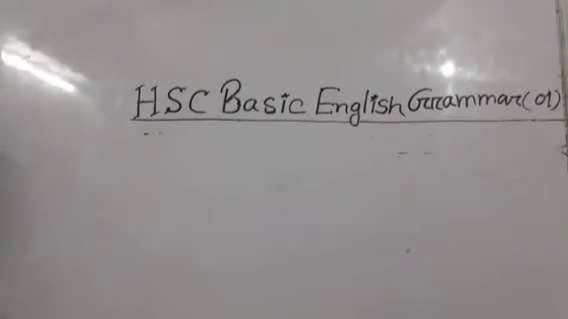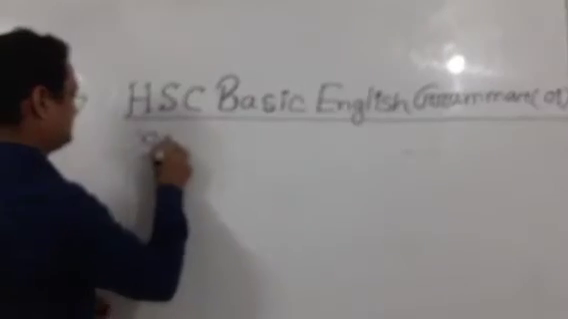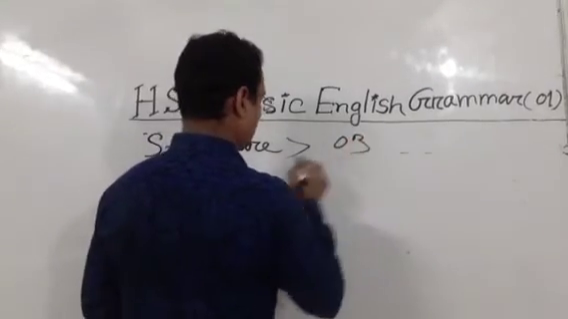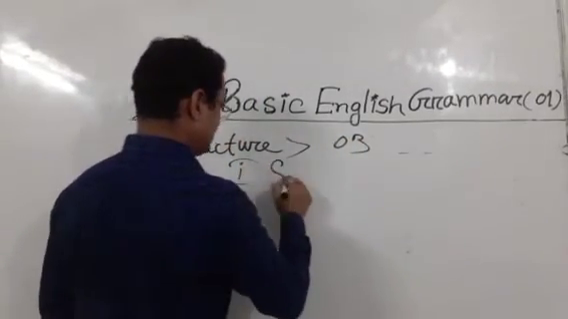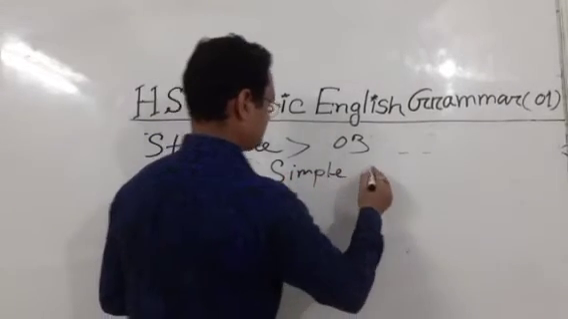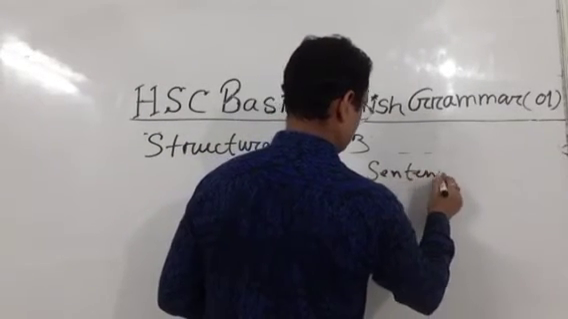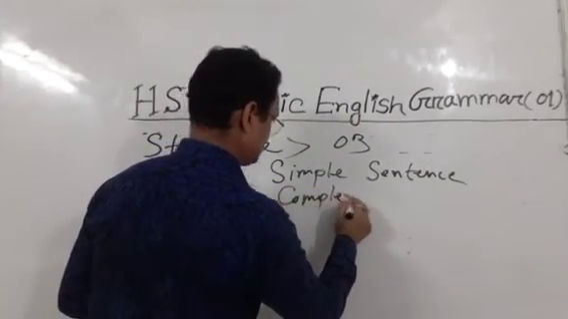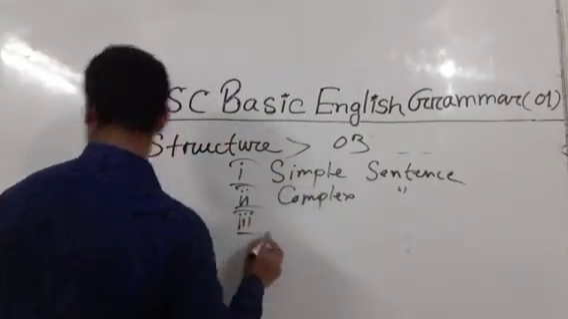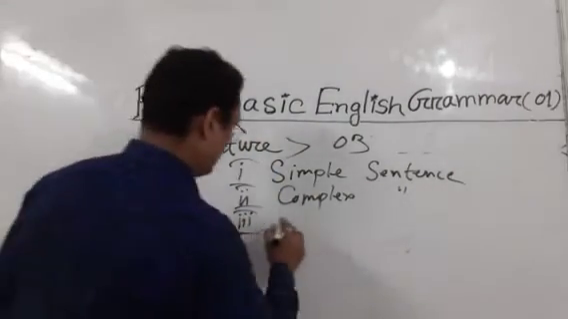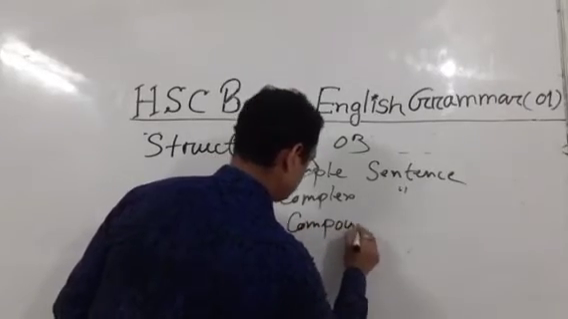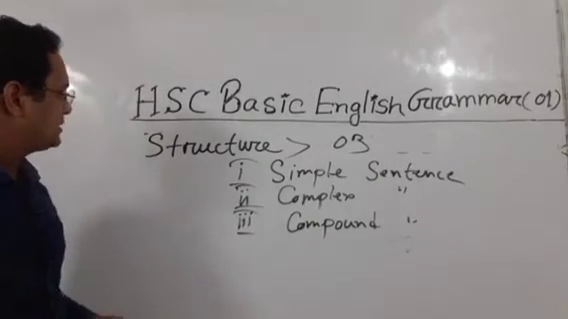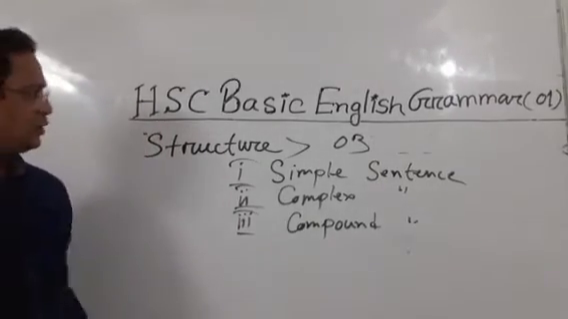So according to structure, sentences are 3 kinds. What are they? 1, simple sentence. 2, complex. And number 3, compound. So simple, complex, and compound according to structure. There are 3 kinds. So let's go for